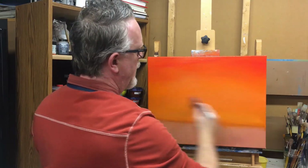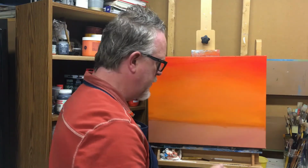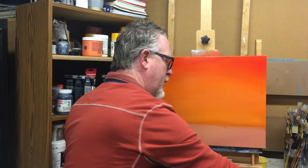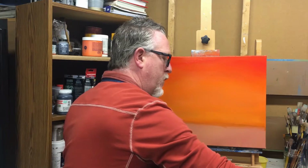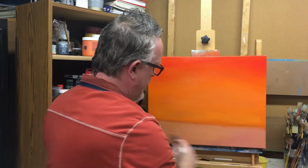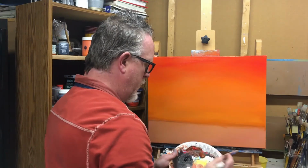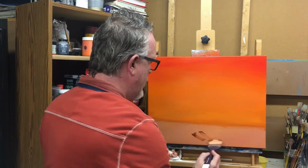All right, again, just big blending X-type strokes to blend everything together. Now what I'm going to do is just go right into this bottom section, which is just our land area silhouetted against the background. What I'm doing here, I'm not cleaning my brush, but just rinsing a little bit of the orange color out of it. Because we're blending, I'm just going to wet the area. It gives me a little more blending time, and then I'm going to go right into my sienna color, which again is kind of a reddish brown color,